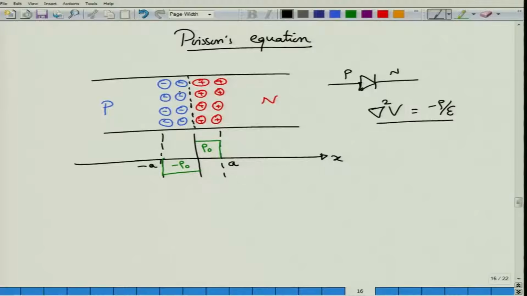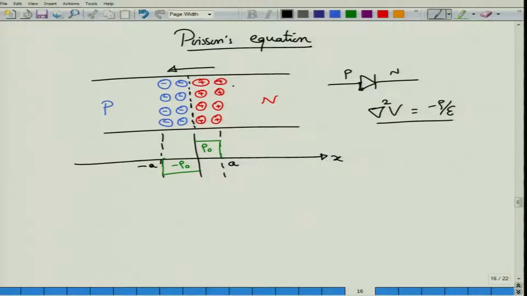Because of diffusion, the excess positive charges, or holes, in the P side would migrate. Actually the electrons would migrate, but it does not matter. This leaves behind immobile negative ions here, and the electrons would diffuse to the left hand side, leaving immobile positive charges. Now whenever you have a positive charge and a negative charge separated, there will be an electric field, and in this case the electric field is directed from the N side to the P side.